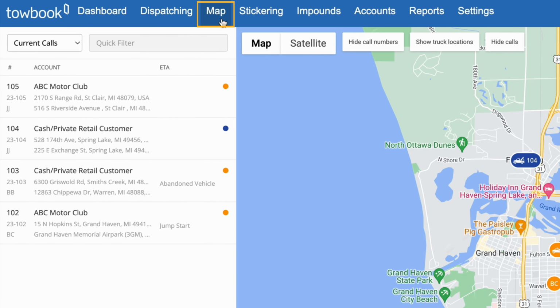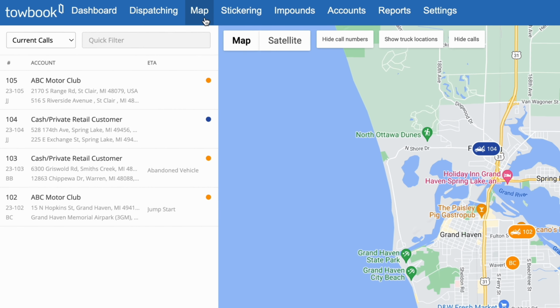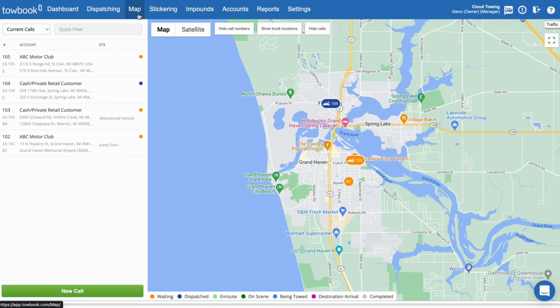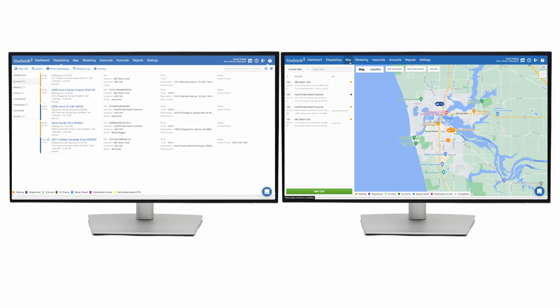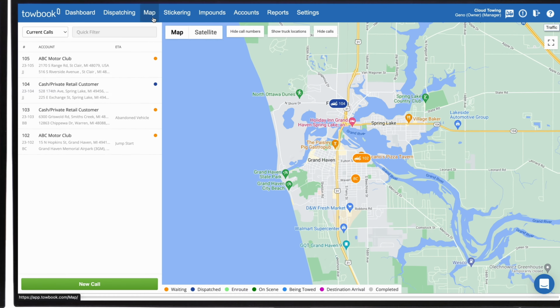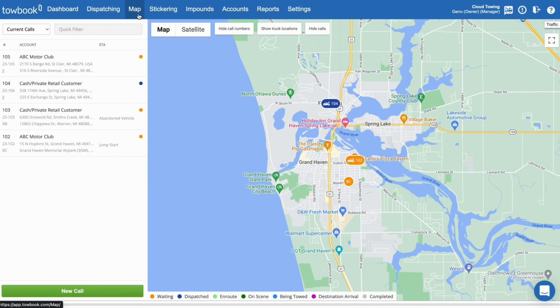The Map tab in Towbook will serve as a central hub where you can quickly see all the current dispatching activity for your company, so you can make a fast and informed decision on who to assign each job to. Many companies choose to utilize the Map tab on a separate monitor or in a separate tab to have constant real-time access to this information without having to reload the page each time. Here you'll see filters and view options that help you quickly adjust what you can see, so the right decisions can be made in a snap.